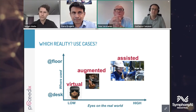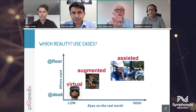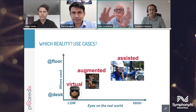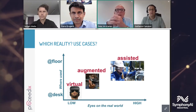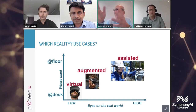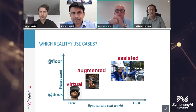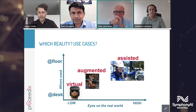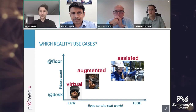observation. What do you see, what do you encounter most in companies? Is it virtual reality, and what kind of use cases do you see at that end, which is more a desk tool, because you need to use it in a safe situation compared to the assisted reality smart glasses? Any opinion on that? Yeah, and the hype at the beginning of virtual reality in a manufacturing environment is quite big,